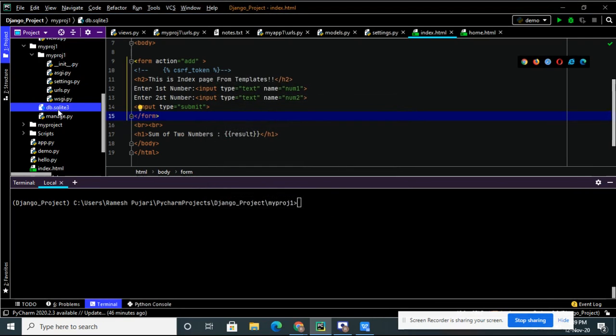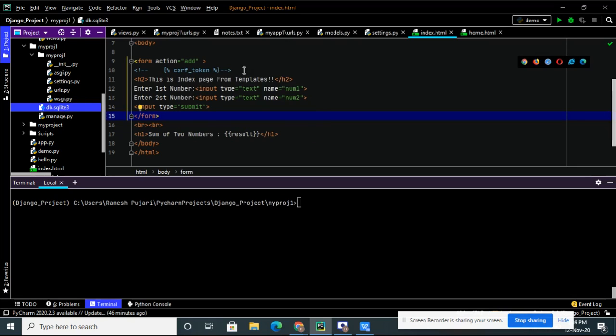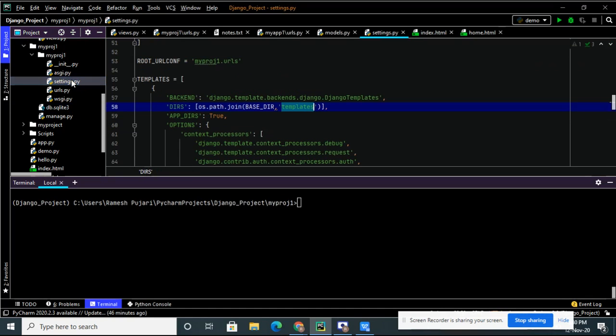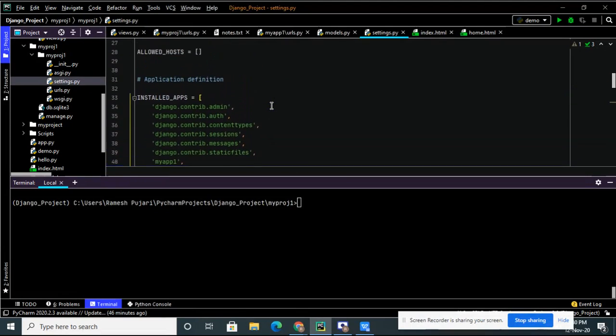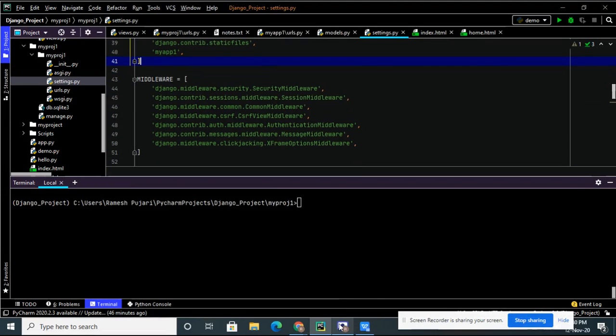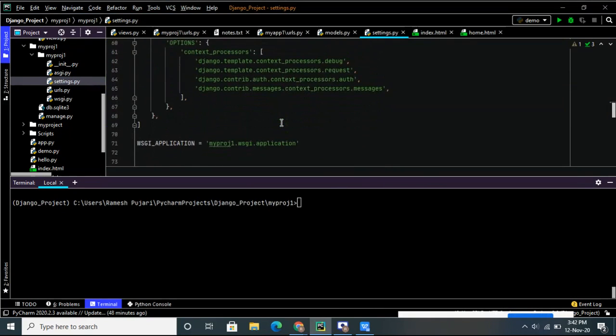Now you may think, where is it present in the files? I will show in the settings file where this database is present by default. In order to see these details, you can open your settings.py file. See, here is my settings.py file. Double click on this file and I'll show where the default database is.